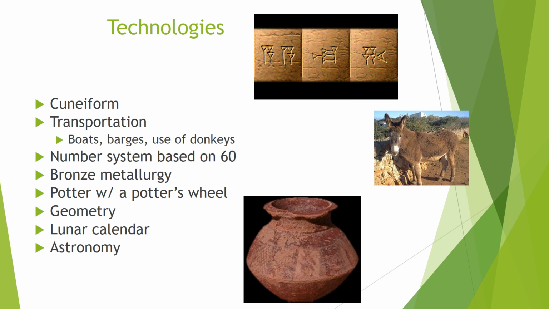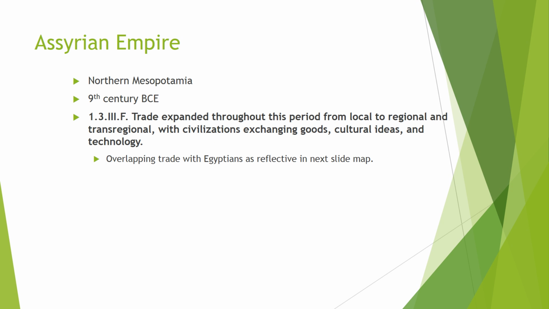And of course, astronomy, multiple gods. Where the gods live? For the most part, they live in the heavens, in the sky, right? So they'll be able to look at and interpret what's going on in the world above our own. That's astronomy, the birth of astronomy. Finally here, not finally, but we're going to get to the Assyrians here. It's kind of like we're starting to be done with this. In northern Mesopotamia, these are your heavy hitters, 9th century BCE, further on along in time, right? Look at trade,